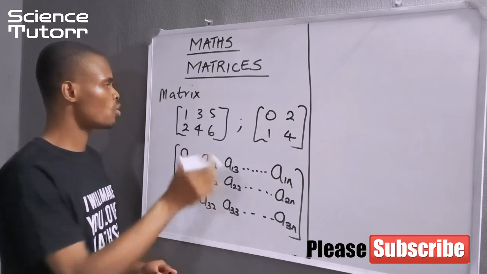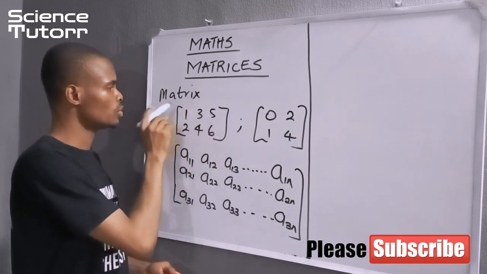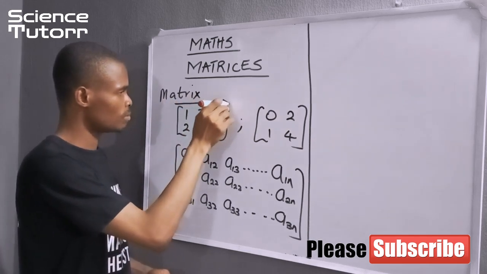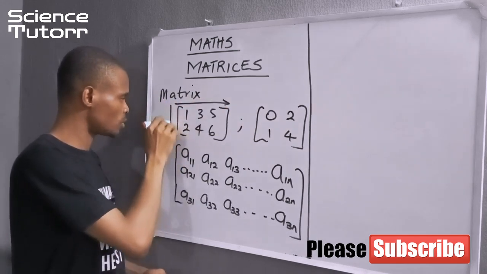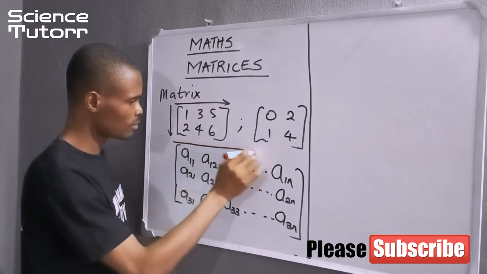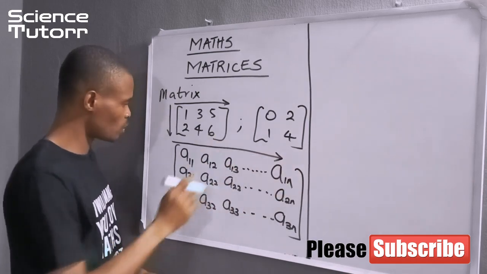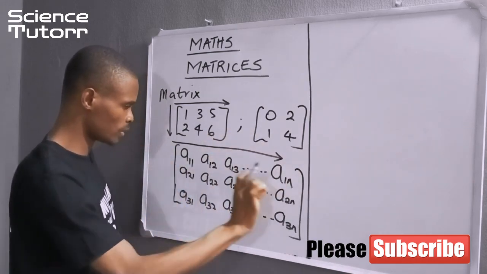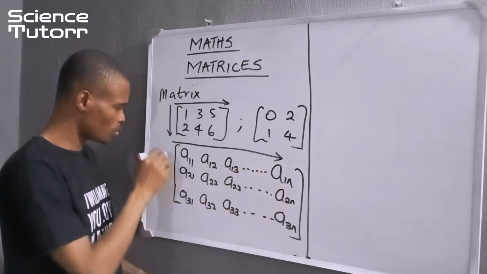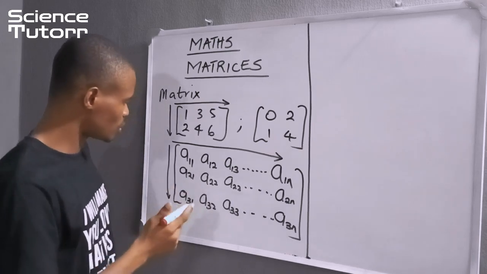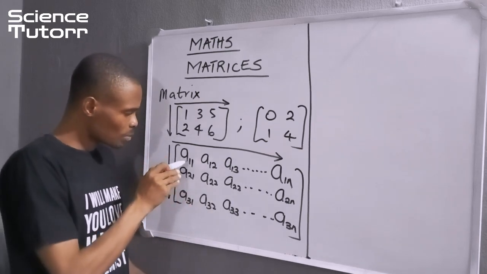So numbers are always arranged in rows. The rows are the horizontal. The rows move this way while the columns move downwards. So in this case, we have numbers moving this way to be called rows. So the rows are the horizontal pathways, while the columns are the vertical pathways. So in matrices, we represent